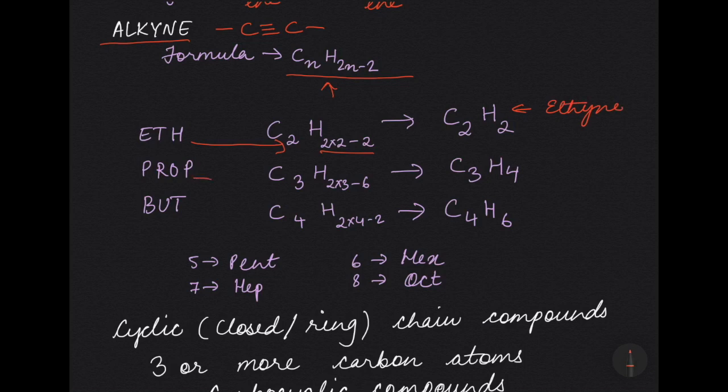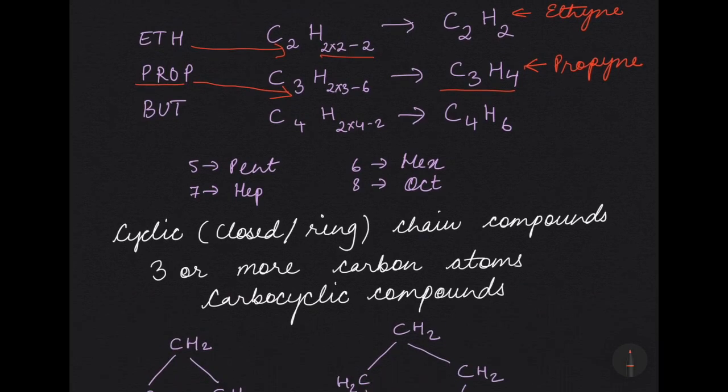Similarly, if there are 3 carbon atoms, then it is prop. When you work out, you'll get the formula C3H4. So this is propyne. Because of the presence of 3 carbon atoms, the term given is prop. And if the number of carbon atoms is 4, then you will get C4H6. So this is named as butyne. Similarly, if it is 5 carbon atoms, then pentyne, 6 hexyne, 7 heptyne,